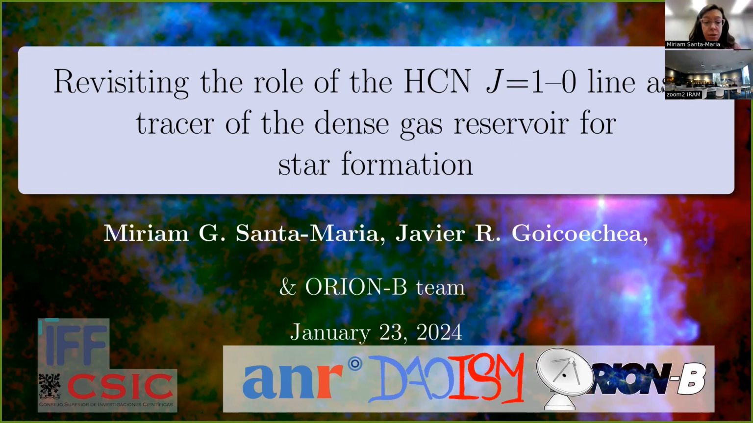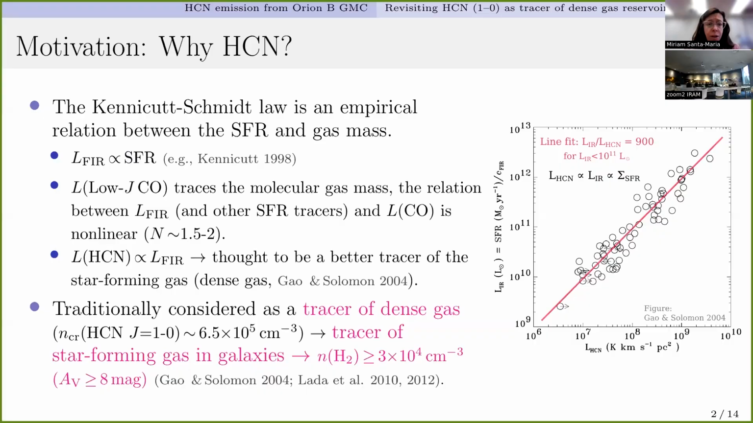So what I'm going to present today is part of what I did during my PhD with Javier Goicoechea in Madrid and the ORION-V team. And this project mostly focused on the role of HCN as a tracer of the dense gas reservoir for star formation. Why HCN? Well, the thing is that in star formation studies, they have this Kennicutt-Schmidt law, which is an